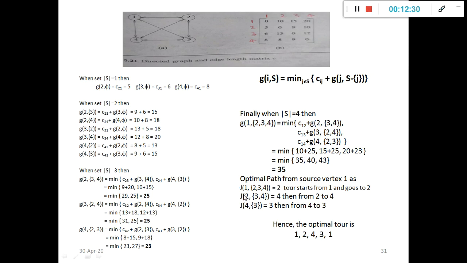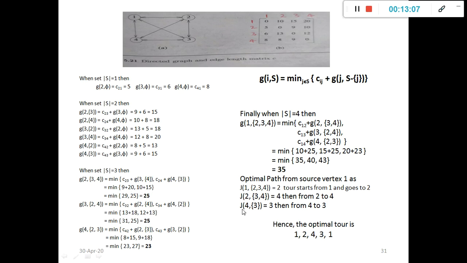Then he starts his journey from 2, and from 2 to 3, 4 he has 2 paths. He can visit vertex 3 or vertex 4, but he will visit 4 because from 2 to 4 he has the minimum cost. When he visits vertex 4 he will get the minimum value of 25, and when he visits vertex 3 he will get the larger value of 29. That's why next we visit vertex 4.